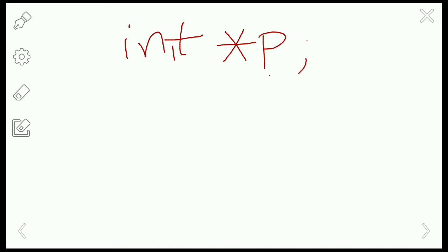In this video we are going to learn about the different types of pointers in the C language. We know that a pointer is nothing but it stores the address of a variable, right? So normally we declare a variable by using int *p. Here int is the data type, the star is the pointer operator, and p is the pointer variable. So we declare the pointer variable like this.